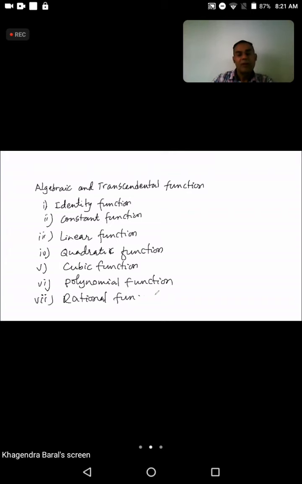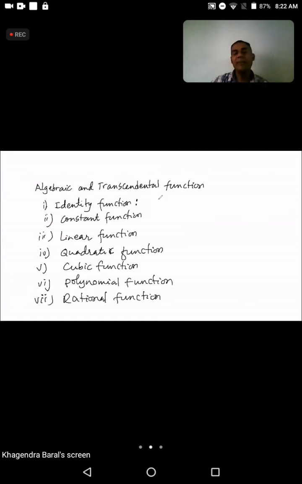Here, to identify all these types of functions, we can say identity function. Under the identity function, the image of an element is itself under the function. If the function is an identity function, the image of an element is itself. The element has its image itself. That's why in an identity function,